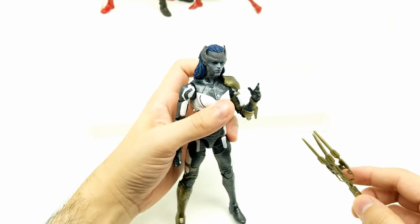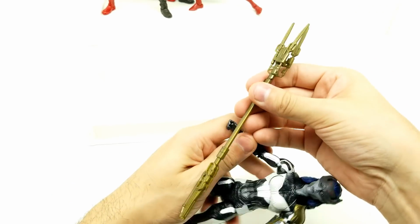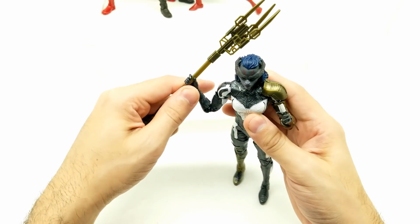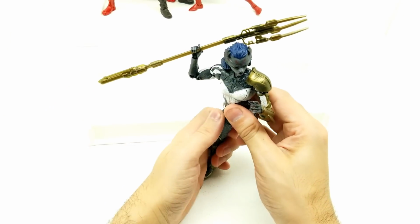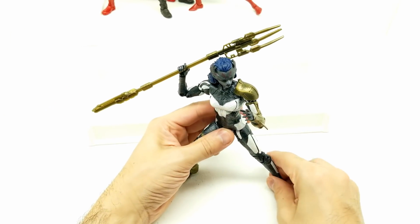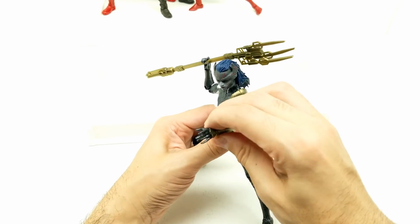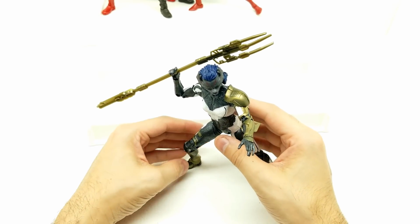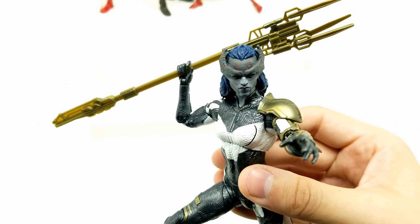So let's get her with her staff. Since this hand is open, obviously we're going to put it in this one. How do we want to pose it? Do we want to have her kind of getting ready to attack, use it? Look at that. Wouldn't that be awesome? That's an incredible pose right there. Look at that. Getting ready to...